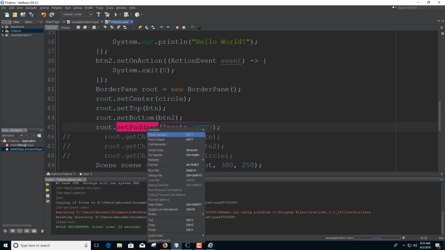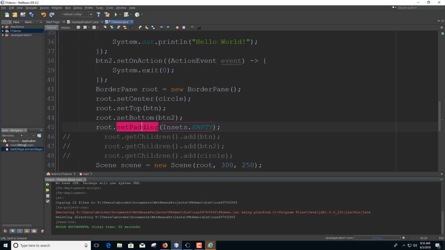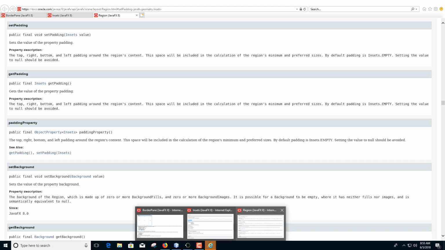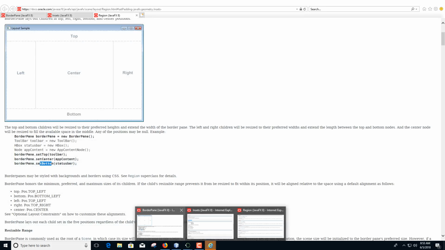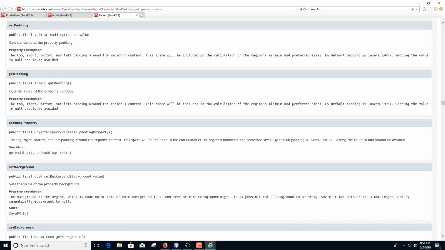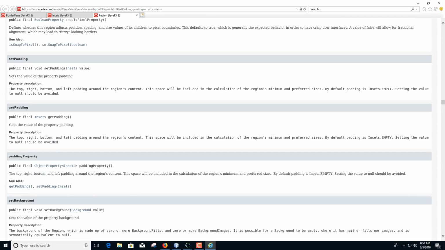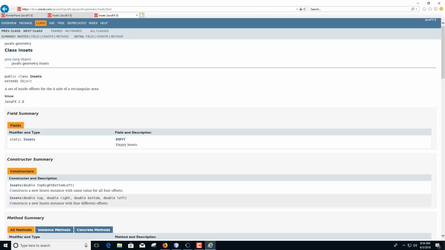If you look at the set padding function here, it takes insets as a parameter. So I know I have to pass in some insets, but I don't know what insets are. So then I look at the Java documentation on insets